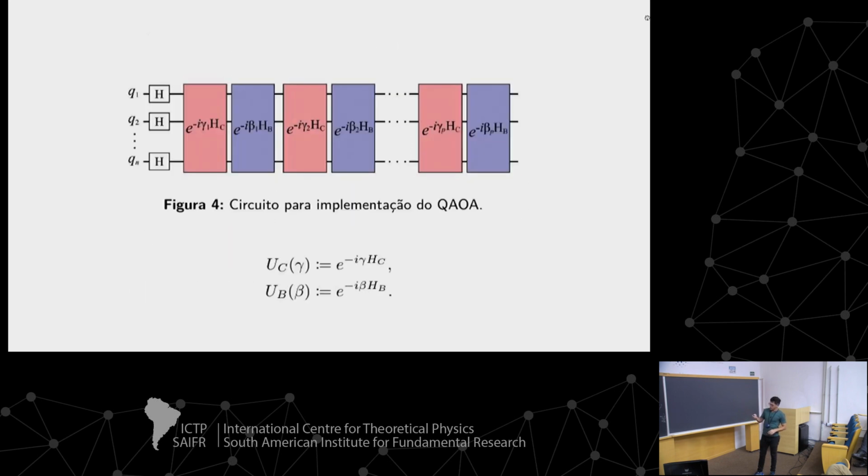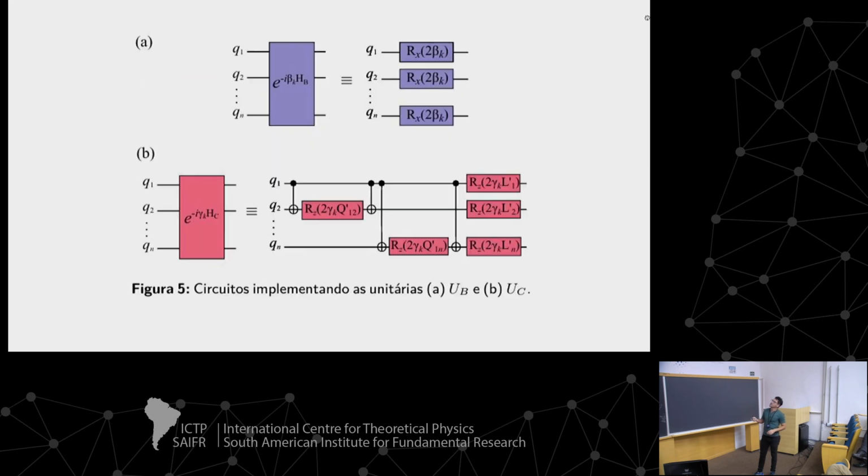And what's the shape of these circuits? For example, this shape or variations of these shapes. And in the end, what do you have? You have a parameterization, an initial state that you parameterized, and now you use the algorithm to find the best solutions for you. In the same sense that we did here, the variational principle.